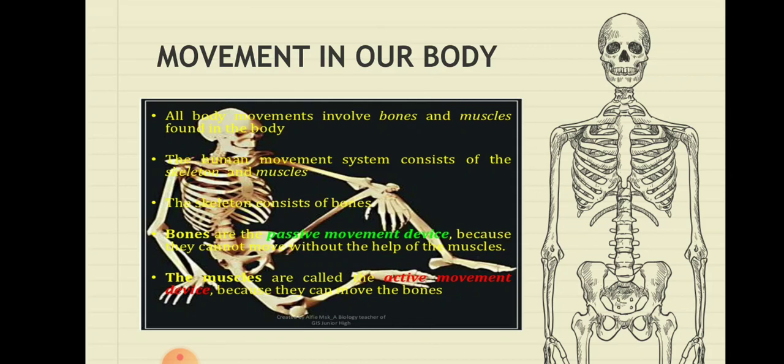Bones are the ones which help passive movement, passive meaning some certain kind of movement is being done. Whole movement cannot be done based only on bones. For movement, bones and muscles need to collaborate and work together. Then only can movement occur fully. So partially bones help us, but it needs the help of muscles for carrying out the whole movement of our body. Without the help of muscles, we cannot move. The muscles are the ones which carry out the active movement of the different organs, because of which we can move the bones of our body.